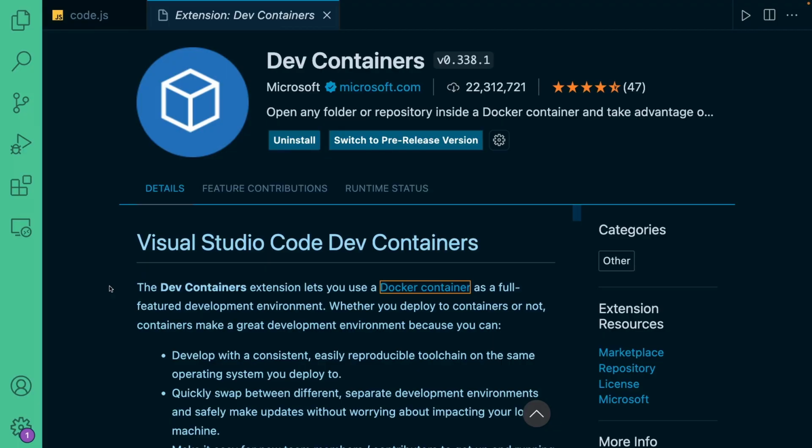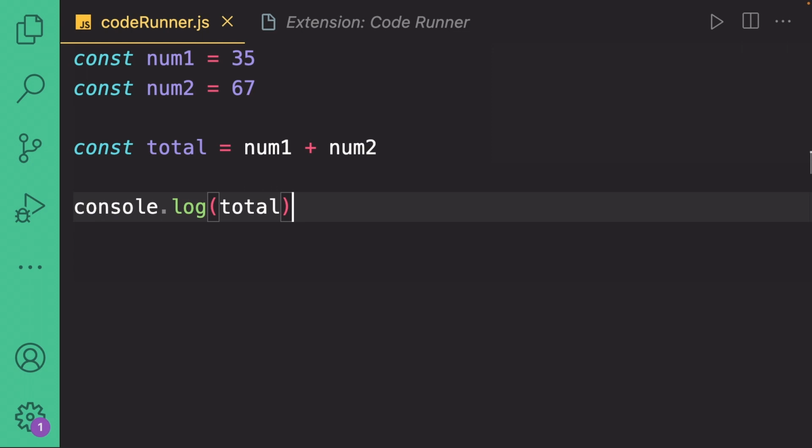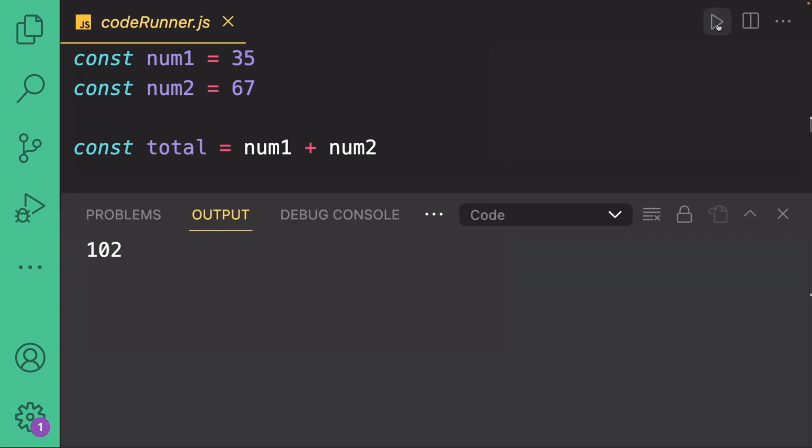After that, it lets you use a Docker container as a full-featured development environment. If you want to execute code directly in VS Code, you can use Code Runner. Suppose you have a code written in JavaScript. If you have the Code Runner extension installed on your VS Code, you can simply run your code and see its